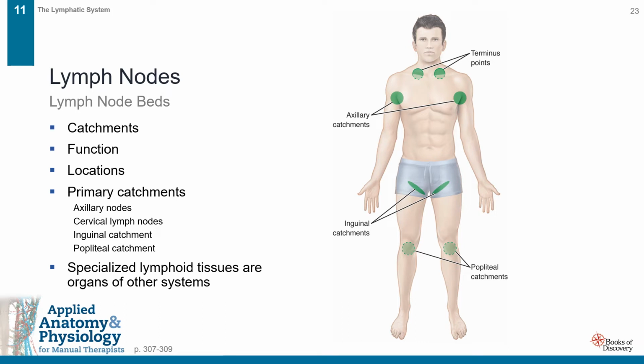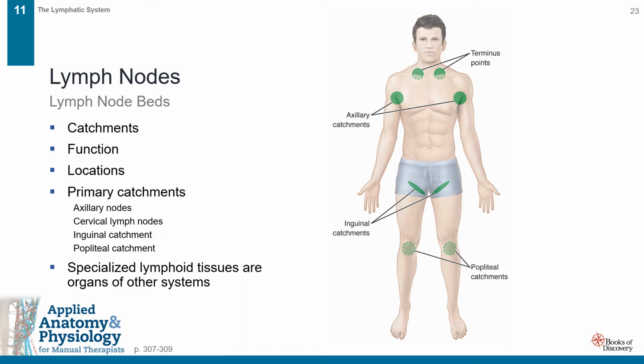Each catchment has both superficial and deep nodes. Superficial nodes are situated in the subcutaneous layer of the skin, while deep nodes lie within the muscle, fascia, or body cavities. The primary catchments throughout the body are as follows: the axillary nodes, which receive lymph from the entire